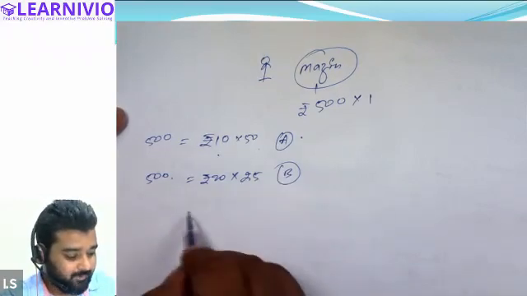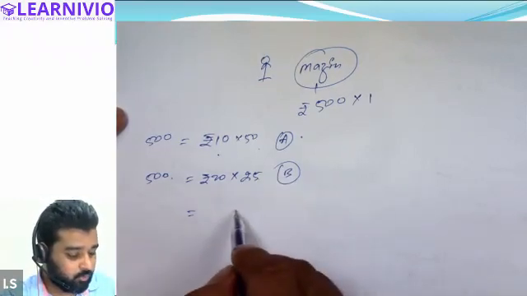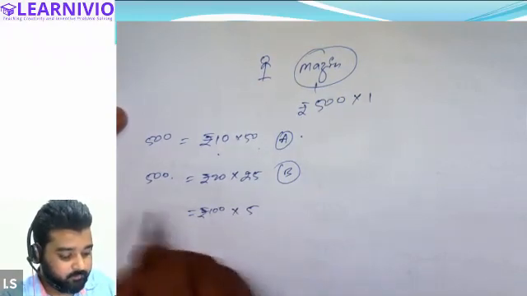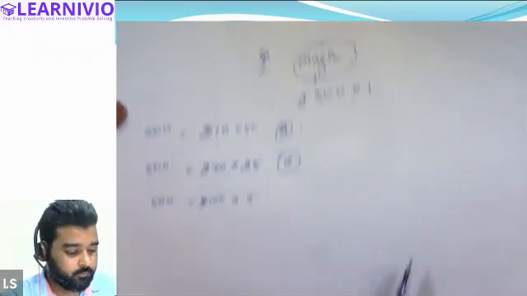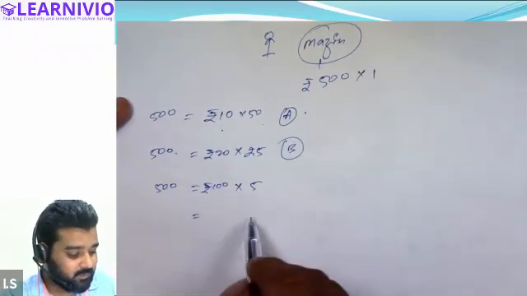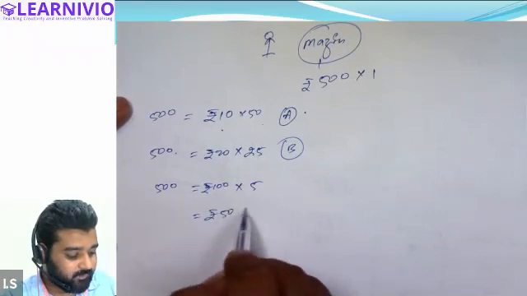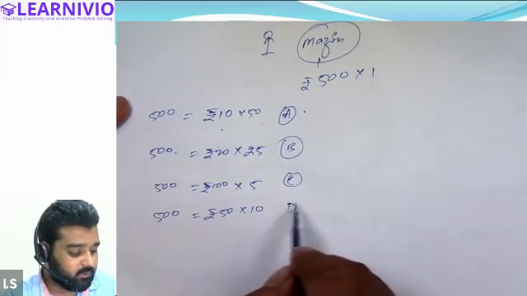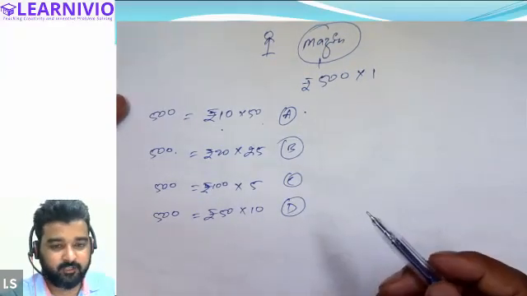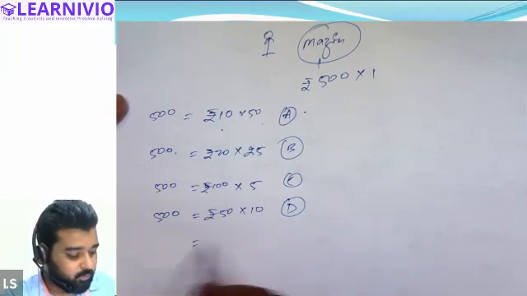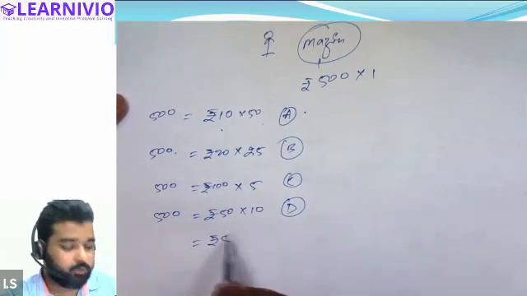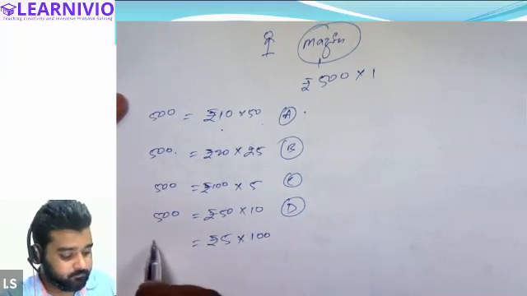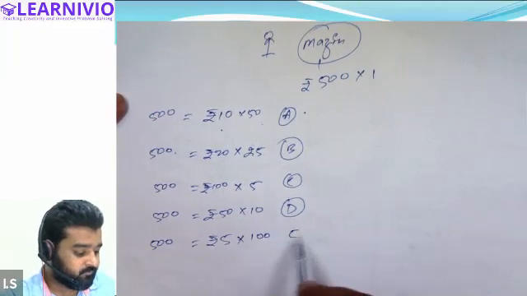All right. Next, there is an option that you can also take 5 notes of 100 rupees. This will also equal 500. There is one more option. I'm asking you to take 10 notes of 50 rupees. This will also equal 500. So these are the various combinations in which I am returning you the 500 rupees that I have taken from you. There's one more option. I want you to take 5 rupee notes, and I am offering that I will give you 100 five-rupee notes. This will also give you 500 rupees.